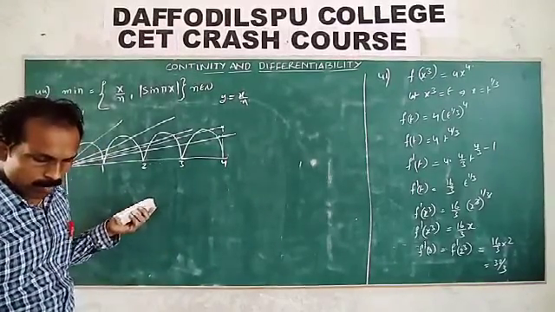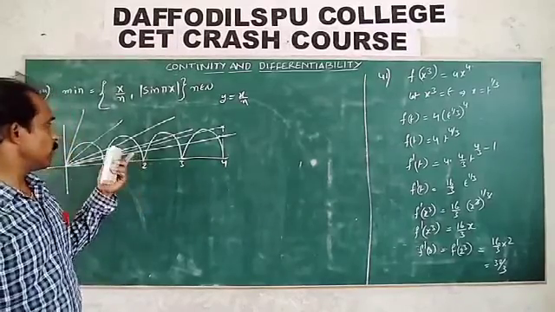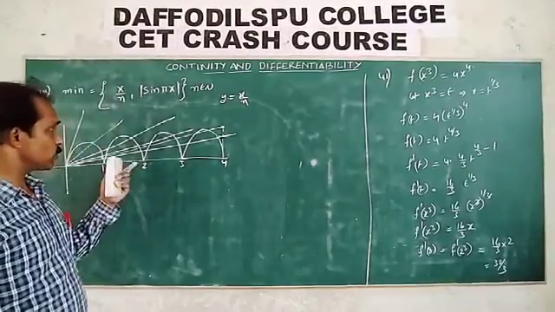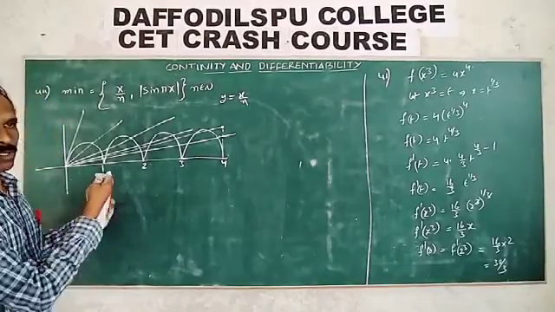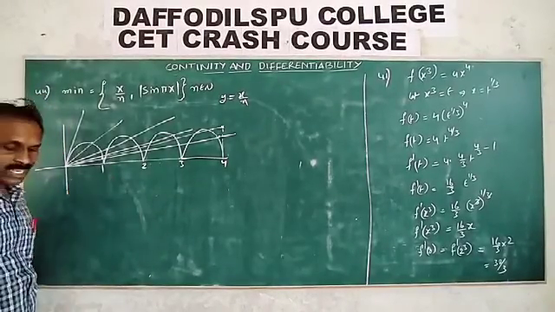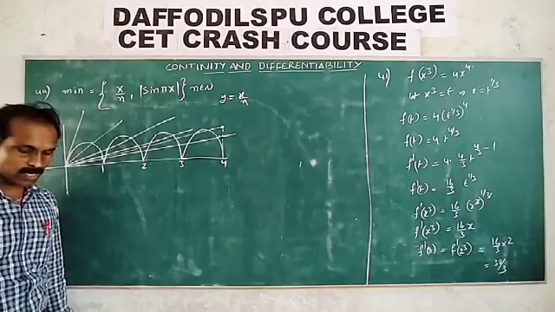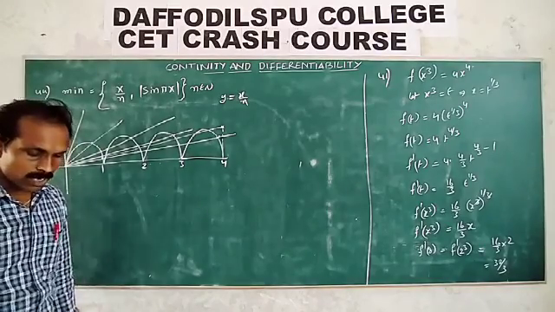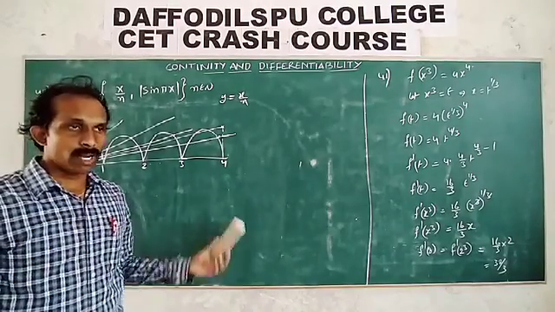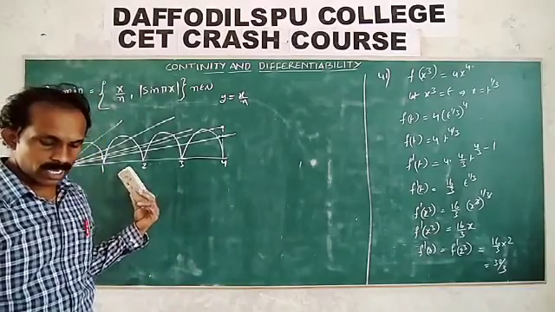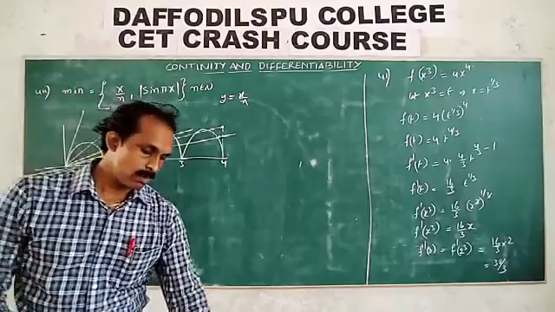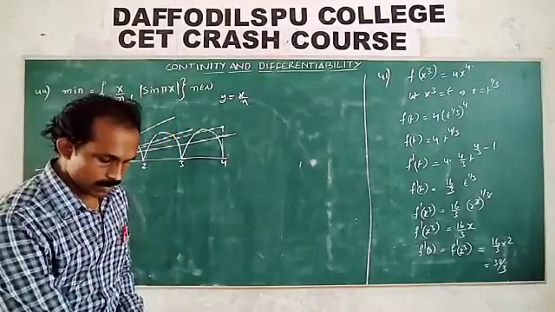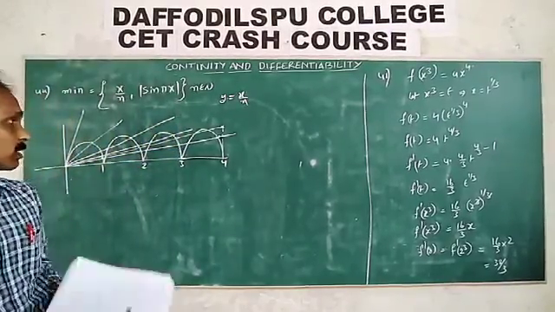So in the given problem, the first option 4 is a possible case, and 5 is also there, 6 also, as maximum points. But 2 points is not possible. So the second option is the correct answer. For the maximum points of non-differentiability, n cannot be 2, since 2 points is not possible. So second option.